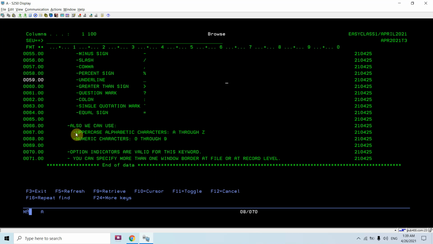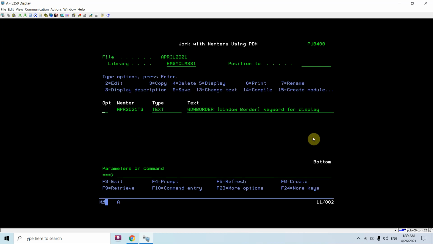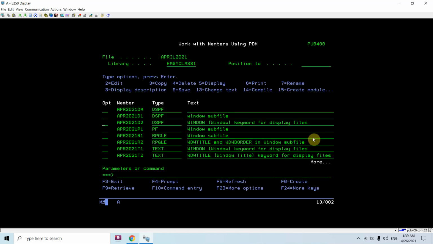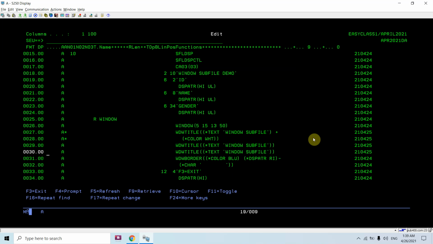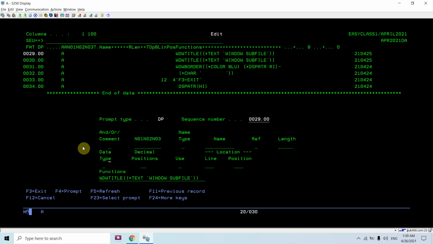Also we can have uppercase alphabetic characters, A through Z, and numeric characters 0 through 9. Option indicators are also valid for this keyword. You can specify more than one window border at file or at record level. So we can specify this at the file or at the record level. What it is saying is basically we can write it twice with an option indicator.